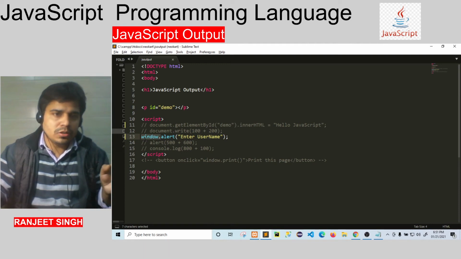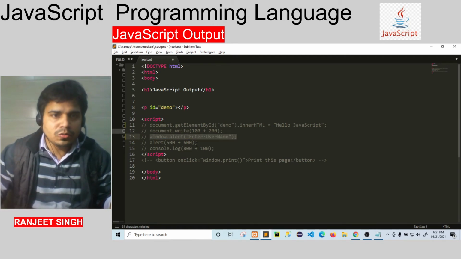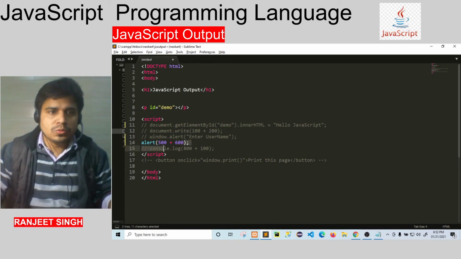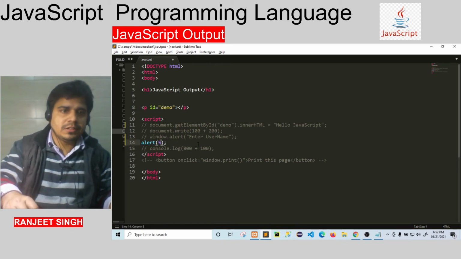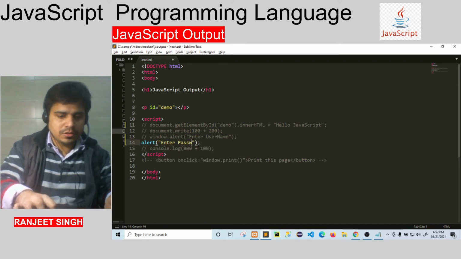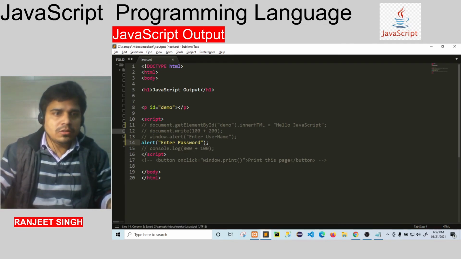But here the window keyword is optional. You can use it without this. Now comment this one. If we are not using window, we can also run this. Suppose we write here enter password, save, and it will work. window.alert and alert are the same; window is optional.